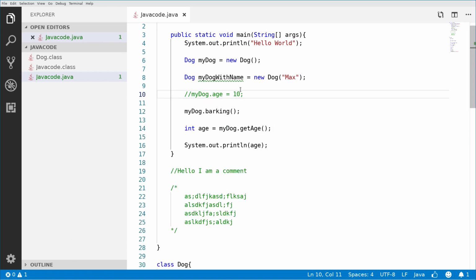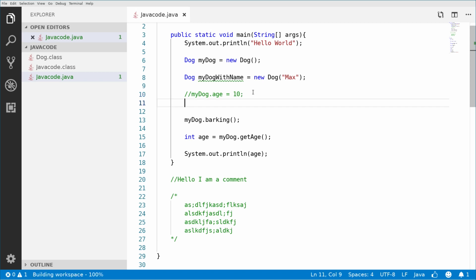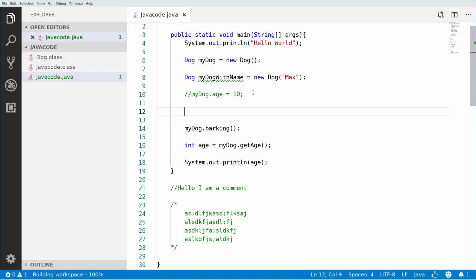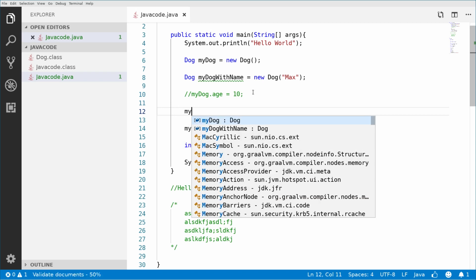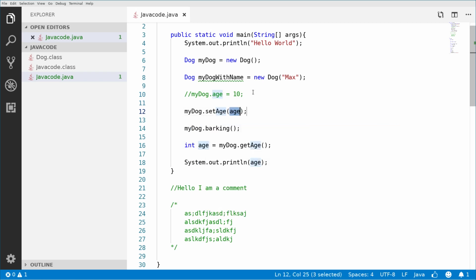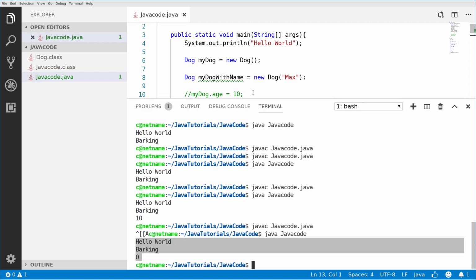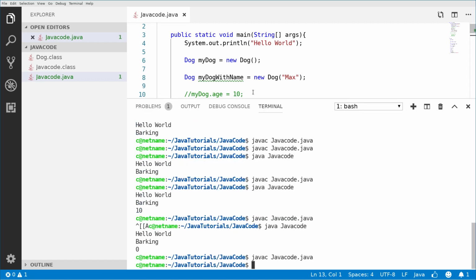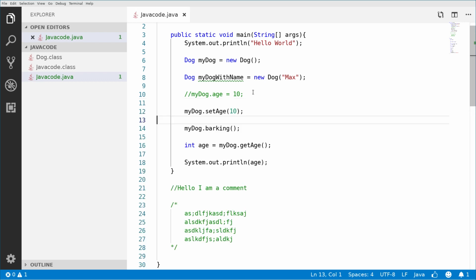But what if I want to set the age in an alternative way? Basically by saying myDog.setAge and passing 10 right here. If I compile this and run it, I have 10. So notice that we have two ways of accessing class members like the age.